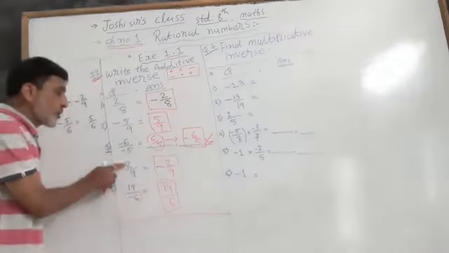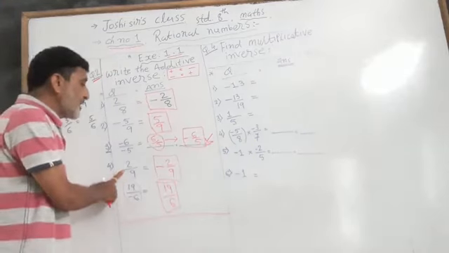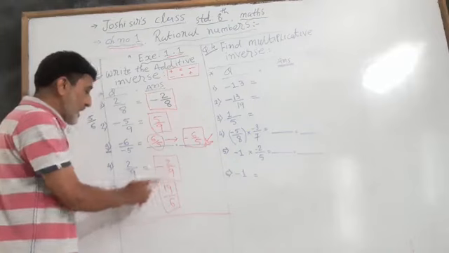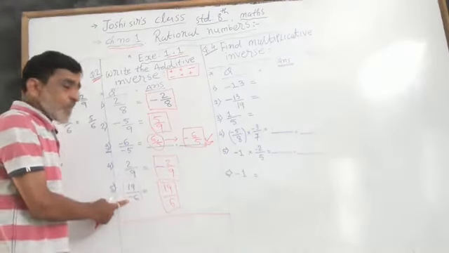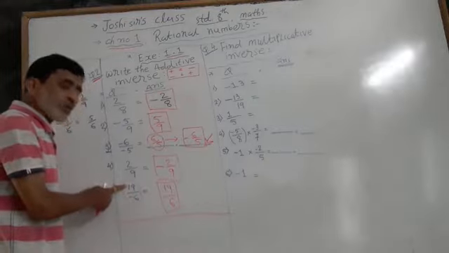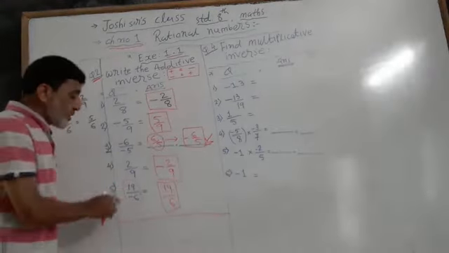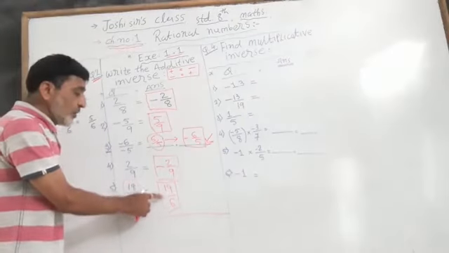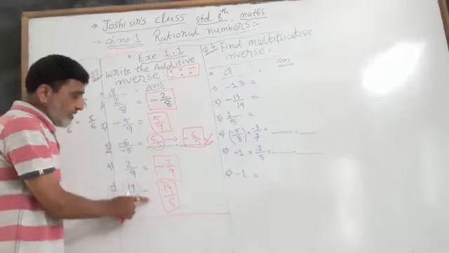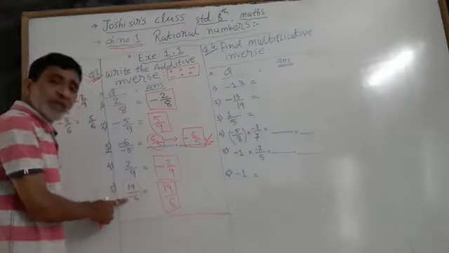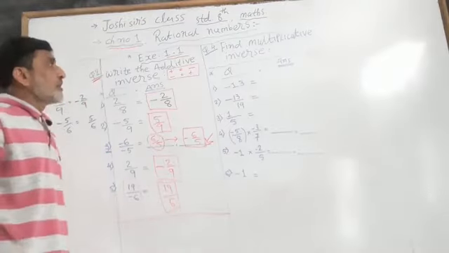Now fourth one, 2 upon 9. Given number is plus, so we will write again minus. So minus 2 upon 9. And 19 upon minus 6, minus number is given. Minus is also here or also here, both are same. All are same. So minus number will be changed into plus number. So 19 upon 6, answer is 19 upon 6. Here number is minus, so we will put here plus. Okay, now understand? Thank you.